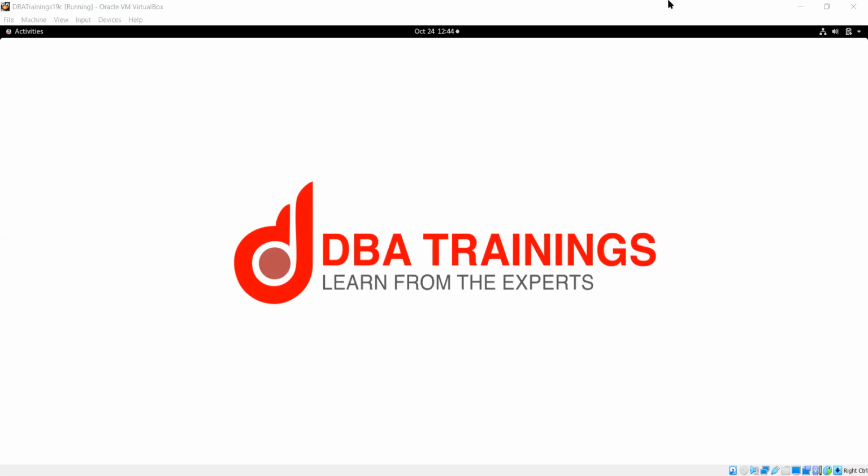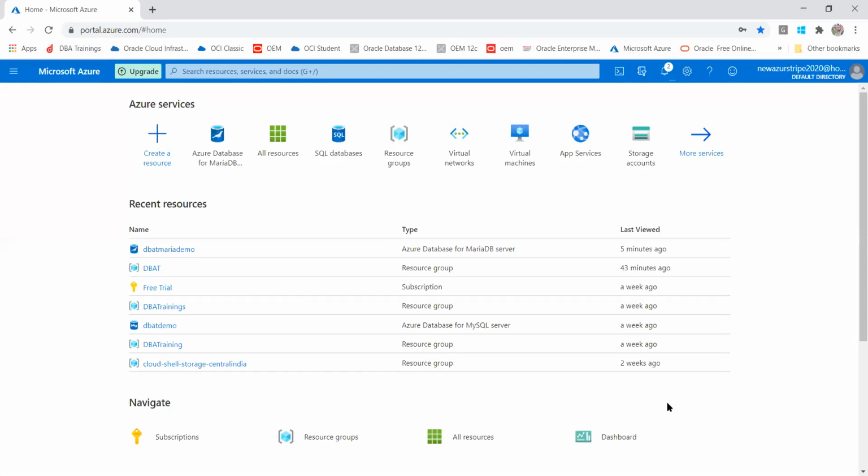As you have all created earlier, in a similar way we are going to create PostgreSQL on Azure. So I'm going to create a PostgreSQL server on Azure. First of all, you need to create a resource.